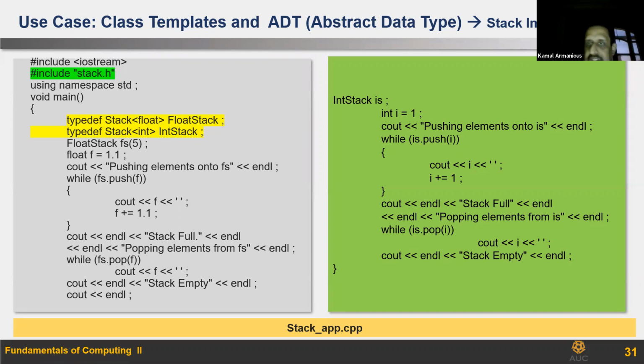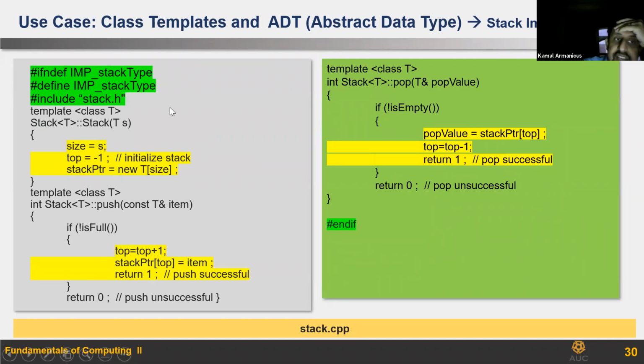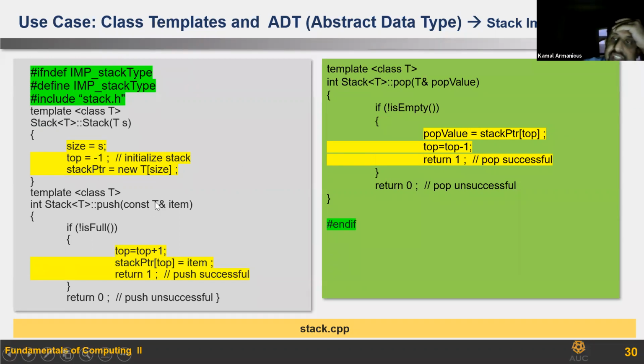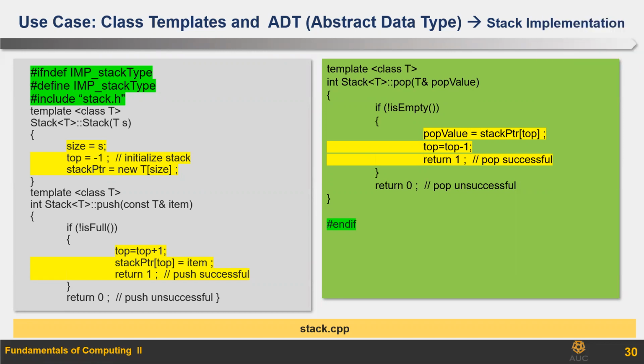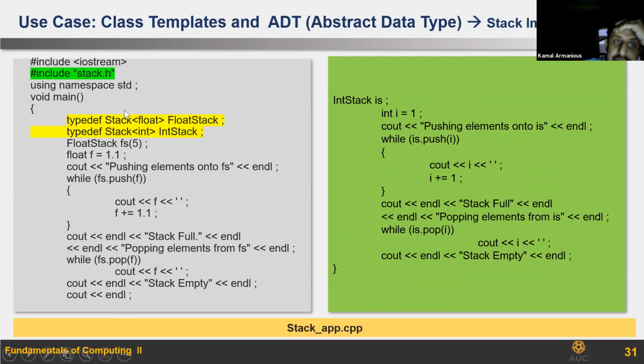Guys, if anyone doesn't understand, tell me. Okay, I just have a question. T doesn't stay T, right? You said we will replace it with something else. Is T a keyword in the implementation, or are we just using it right now? No, it's not a keyword. Name it anything in the world. Name it Ali. But commonly it's used as T, as a short form for template. Okay, thank you.